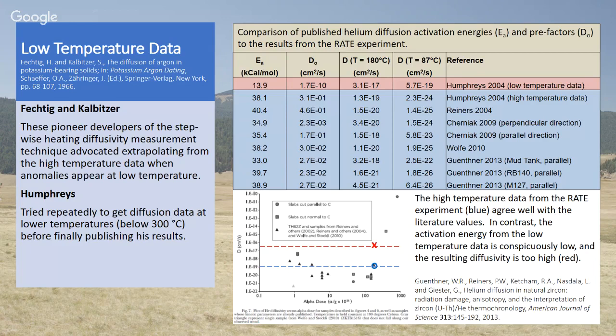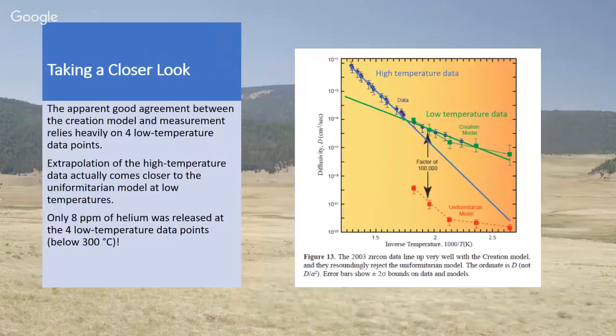And Fechtig and Kalbitzer talked about that at length, because it was a very practical paper. They studied a number of case studies, and they would show when the model breaks down and when it was valid. And their advice basically was that when you have deviations at low temperature, this is a region where the model is breaking down, and you should rather extrapolate from the high temperature part of the curve.